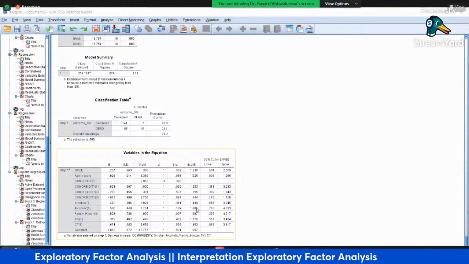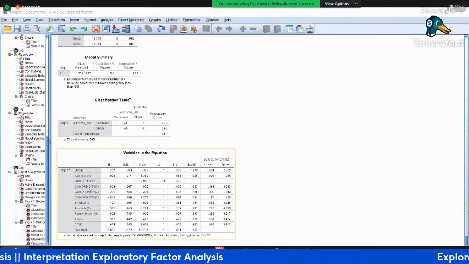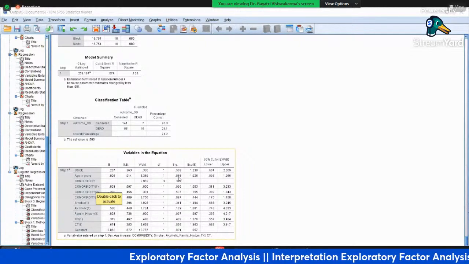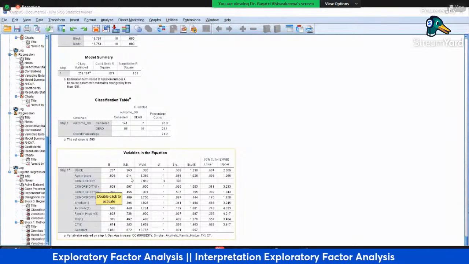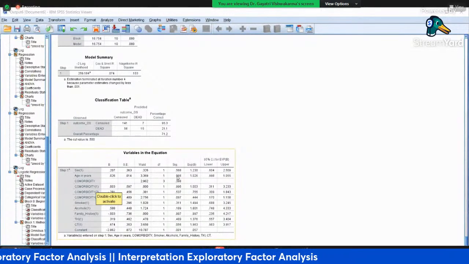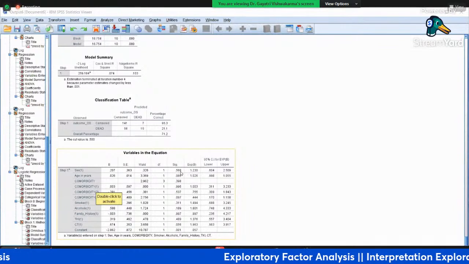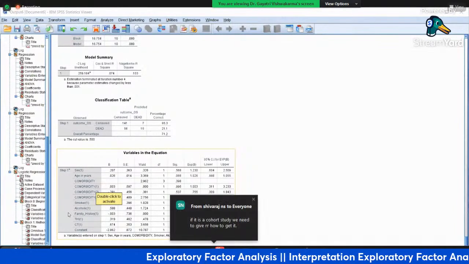Now let's see. Comorbidity definitely can be associated with death, so we have to keep it in our equation. Age is also a factor which can affect death, so we'll keep it in, and it is coming a little closer to significance. Gender we can omit because it is not giving anything, so we will remove it from here.